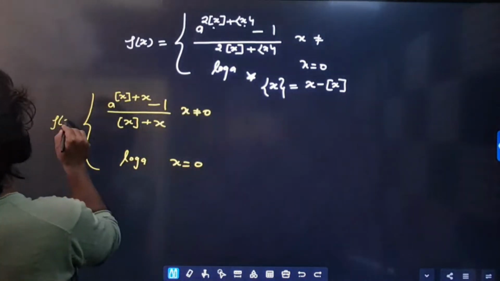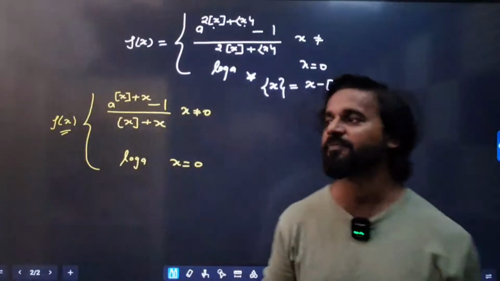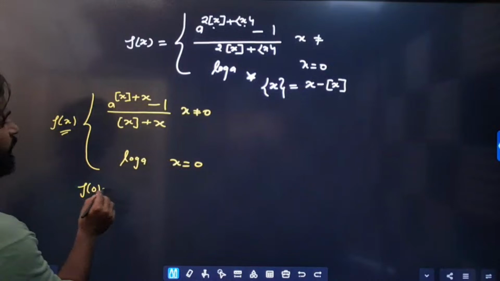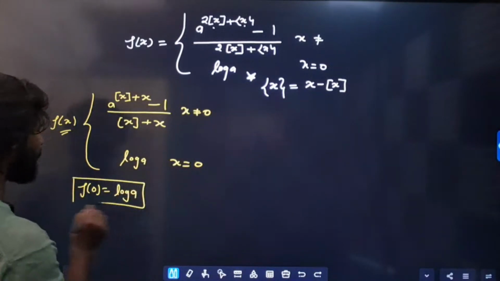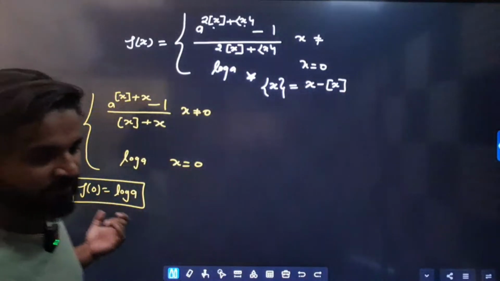I think you understood in a very smart way. Now it means the value of f of 0 is equal to log a. If RHL is this and LHL is this, then the answer will be